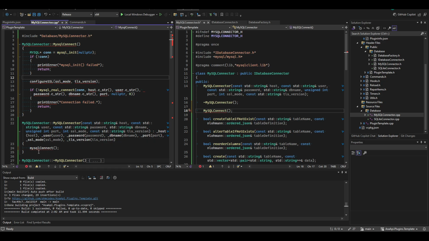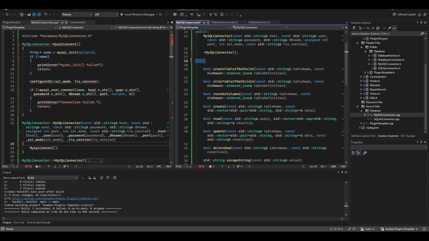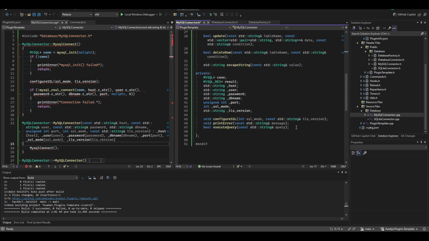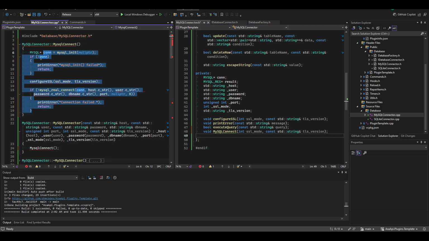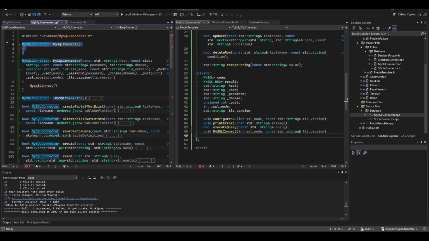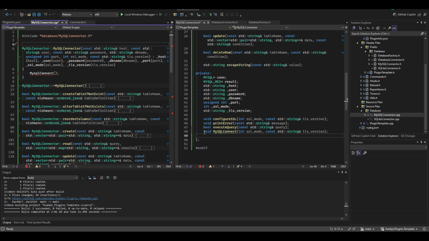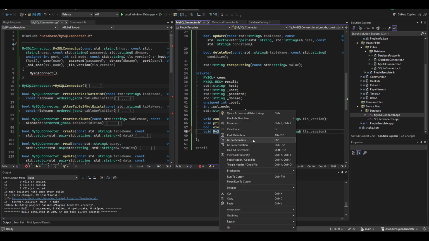Oh, oh no, we need to put it in the private. This is a private function. Void. What do we need here? So we need this one again. Right. Then cut this one. Maybe remove it completely. And then put it under